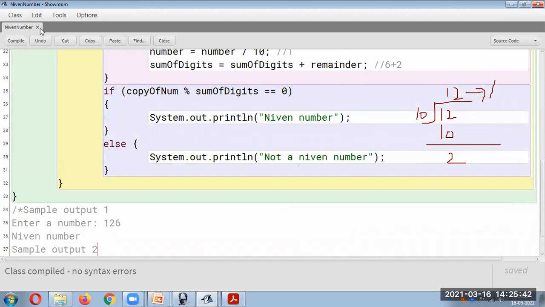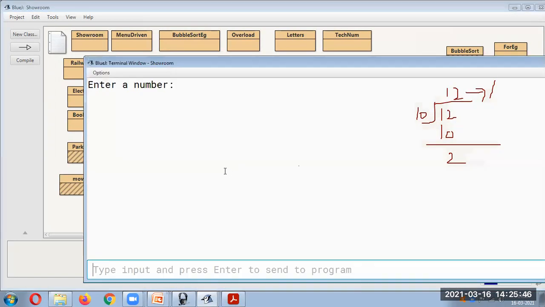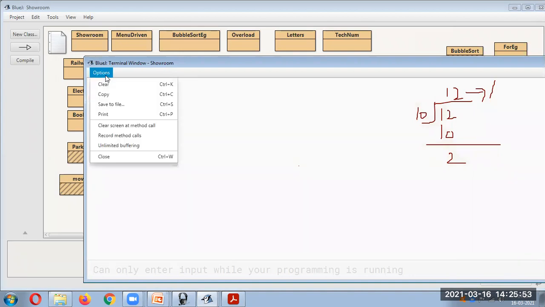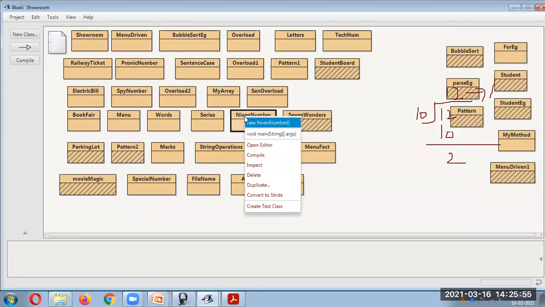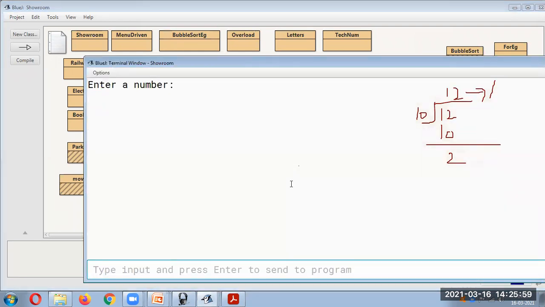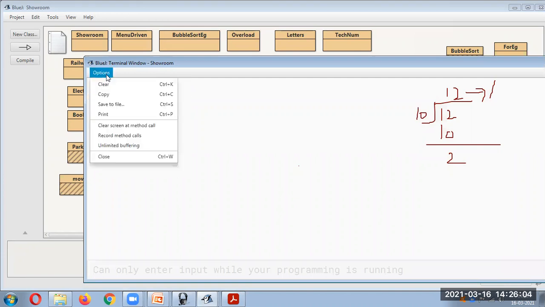Let's run this. Let's say an even number. If we take some other number, in that case, we'll say it's not an even number. 34. It's not an even number.